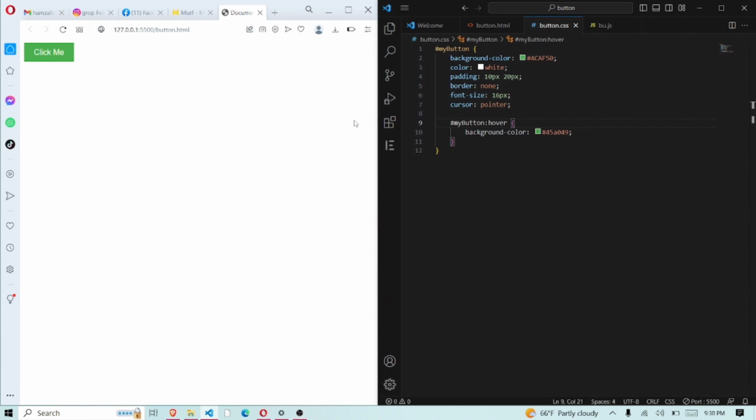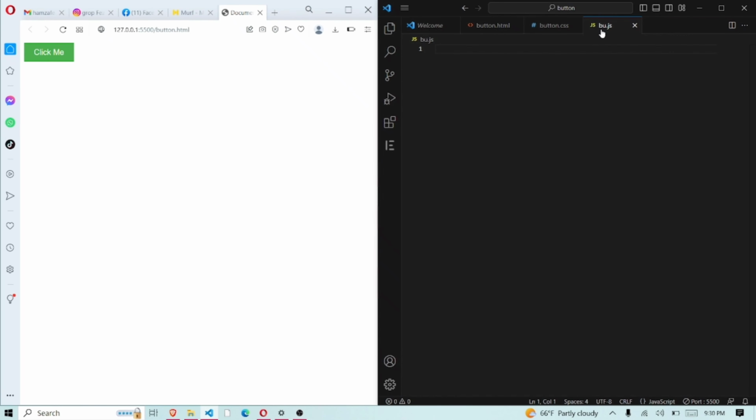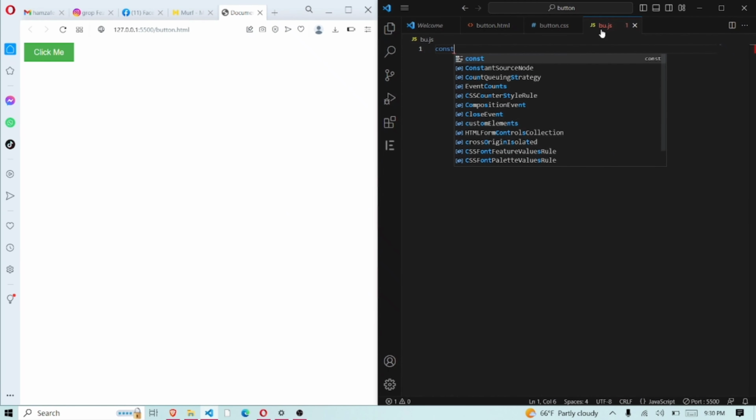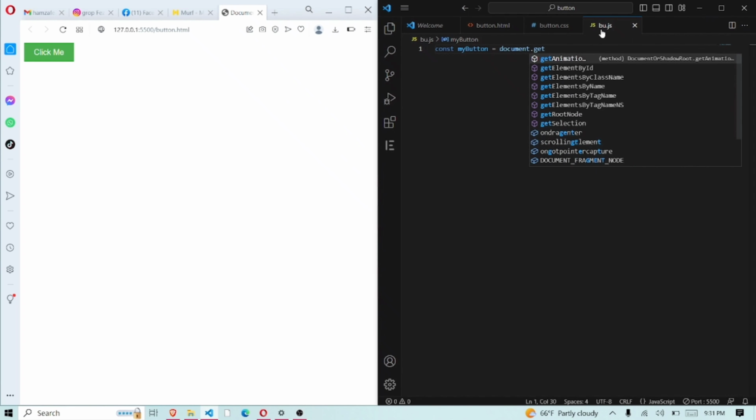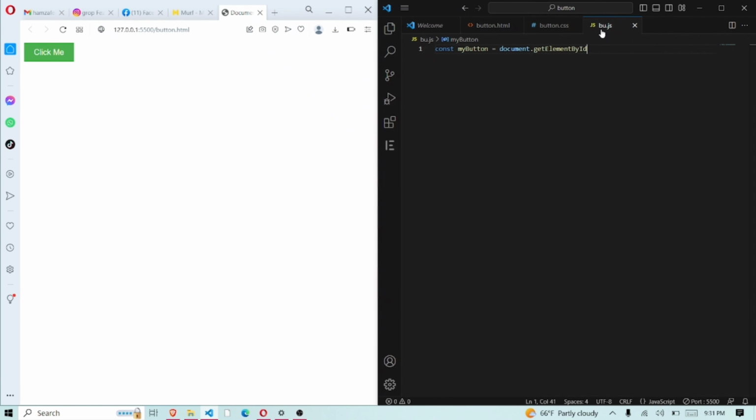Finally, create a JavaScript file, example script.js, and add the following code. JavaScript. const mybutton = document.getElementById('mybutton'); mybutton.addEventListener('click', function() { alert('Button clicked'); });